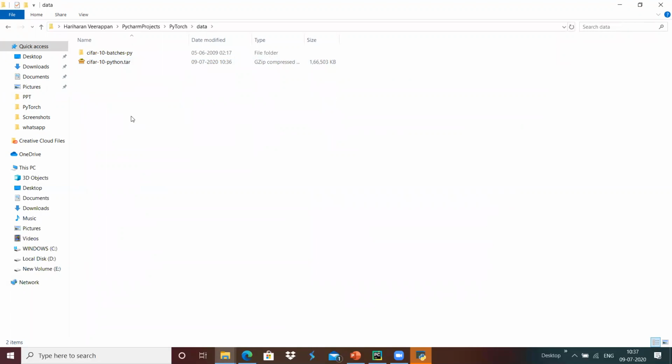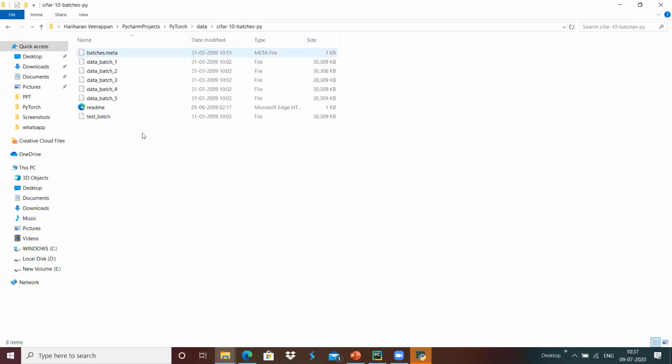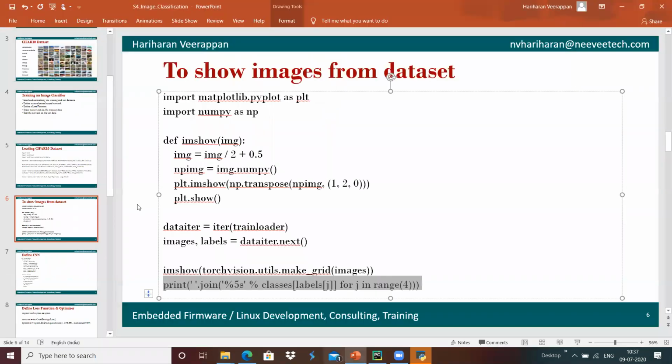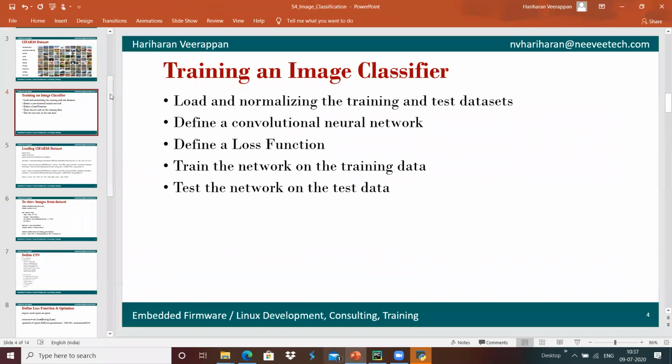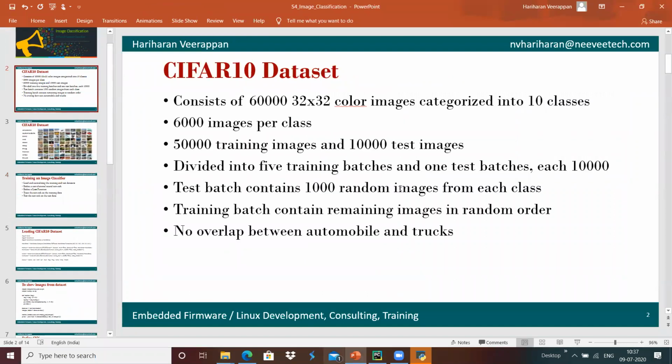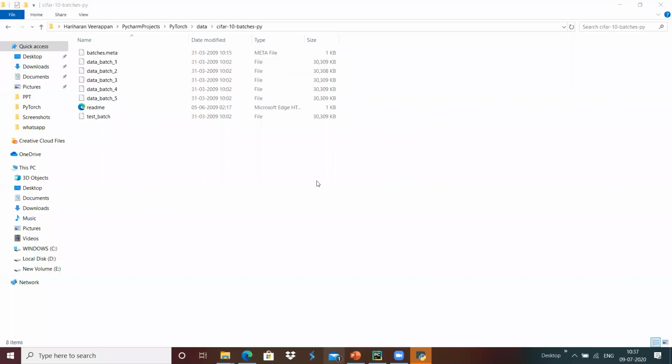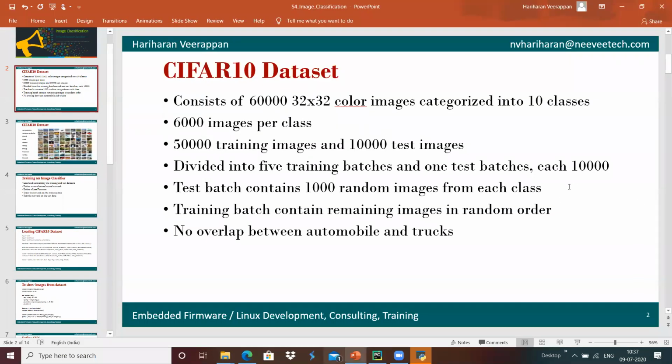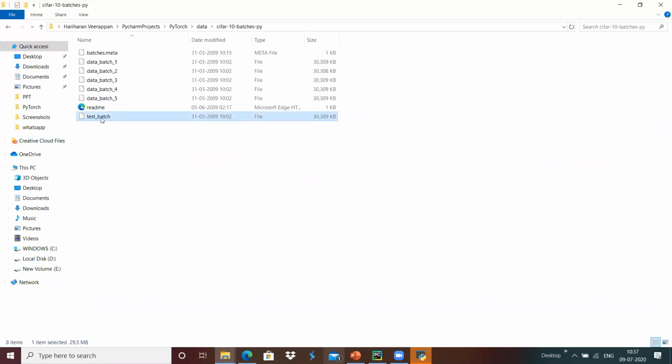Whenever we go into it, we have the cifar-10 batches, which has 5 batches of data. The dataset contains the 5 training batches, data batch 1, 2, 3, 4, 5, and it has 1 test batch over here.